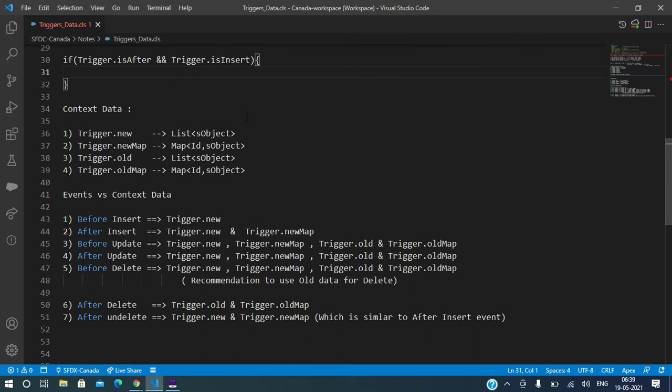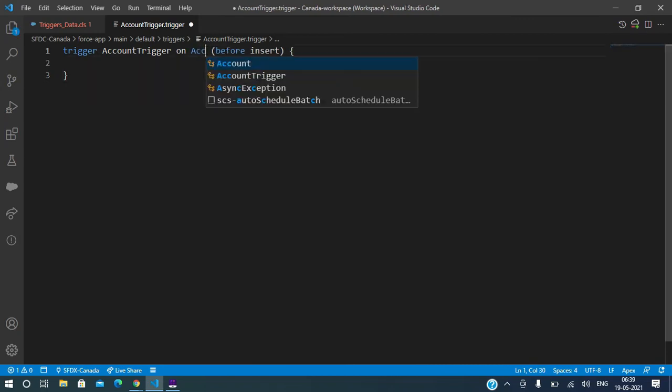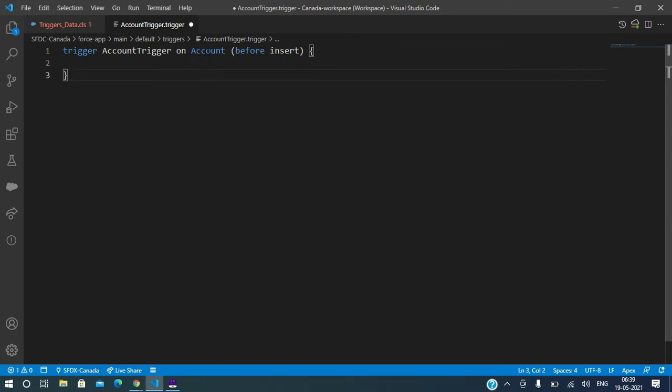It's always nice to have one trigger for one object. Let's say I created a before insert event trigger for the Account object. You cannot have another before insert for the Account object. You should not have duplicate events on the same object. In place of SObject, you need to replace it with your object name. In our case, I'm writing my trigger on Account.